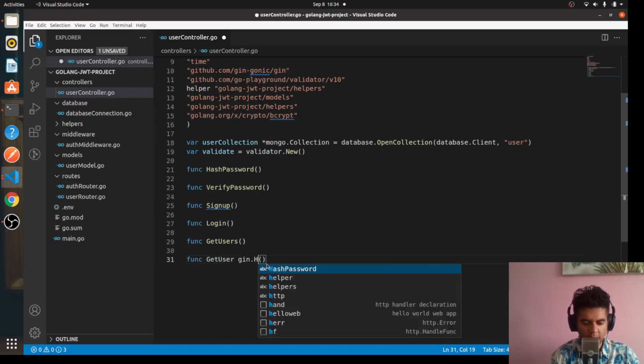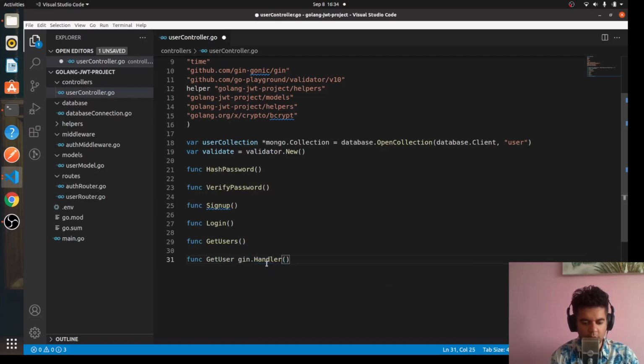So Gin gives us access to handler functions. If you don't use Gin, you know that you have to use http.handle functions, right? But Gin gives you access to its own handler functions. These brackets will be shifted here because the function is actually get user. And here we can start writing the definition of the function. So this returns a function which takes in gin.context,